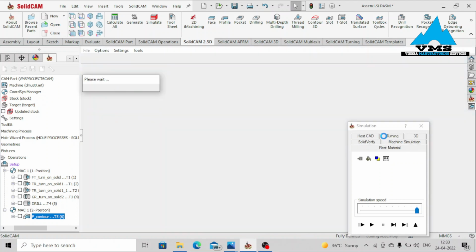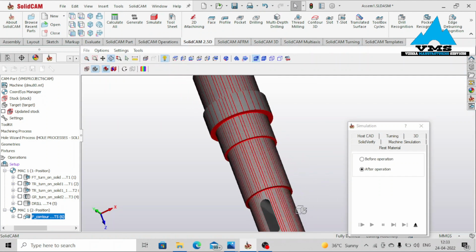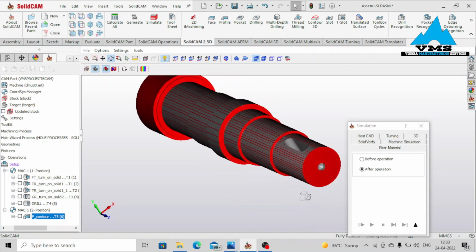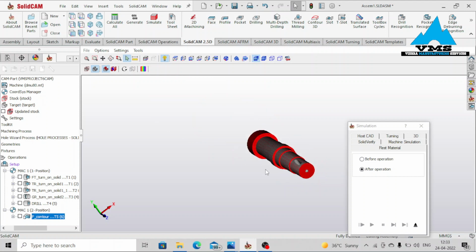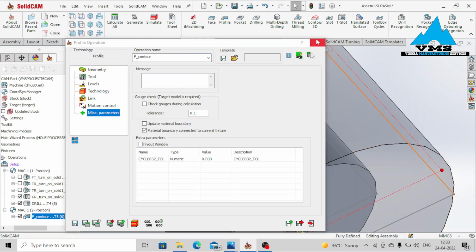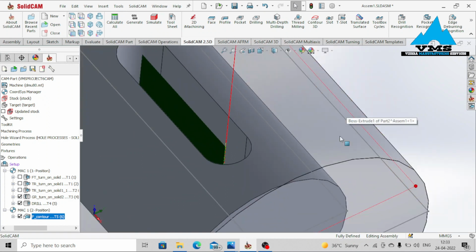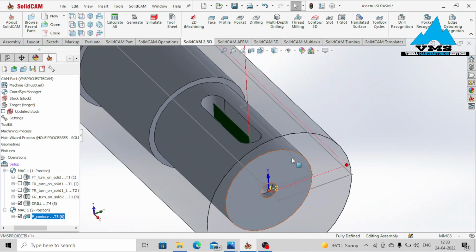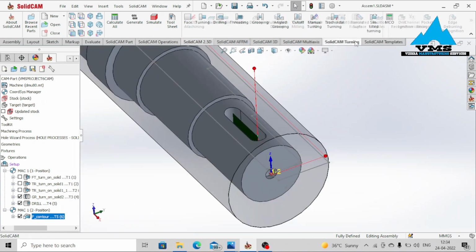Rest material. Okay, so our slot has been achieved, our hole has been achieved. So what is left right now is this extra material, the extra material used for clamping. So I have to remove that. So what I do is, in order to remove that extra material for clamping, we use what we call cut off operation. SolidCam Thinning, cut off operation,